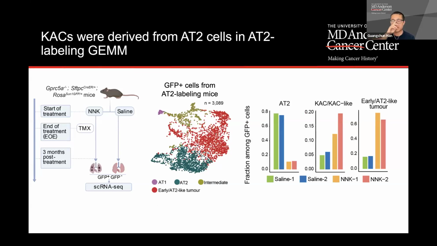If we consider the cell of origin problem for lung adenocarcinoma, the majority of one group in the research community believes that, in general, AT2 cells serve as the cell of origin for lung adenocarcinoma development, because AT2 cells, based on independent